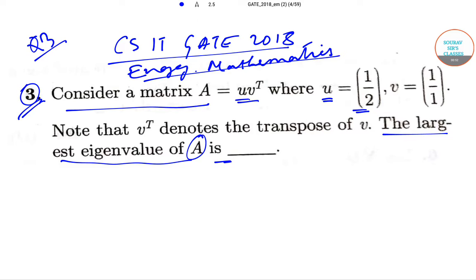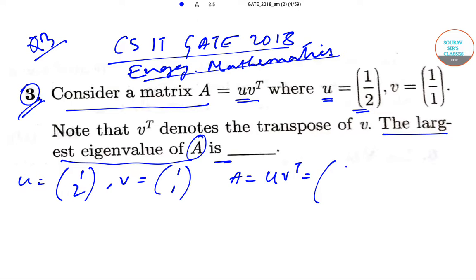U is the column matrix 1, 2, V is the column matrix 1, 1, and A is the matrix U into V transpose. So this will be equal to the column matrix 1, 2 into the row matrix V transpose, which is 1, 1. Upon multiplication, the matrix A will be equal to